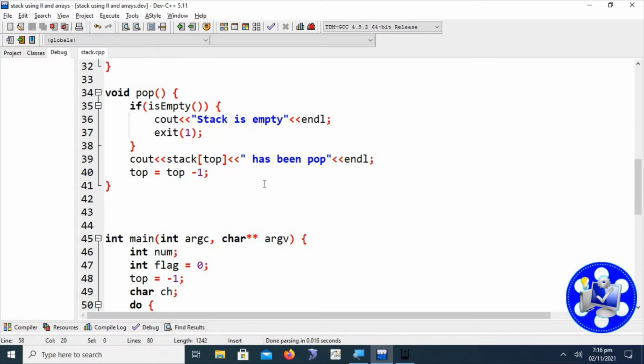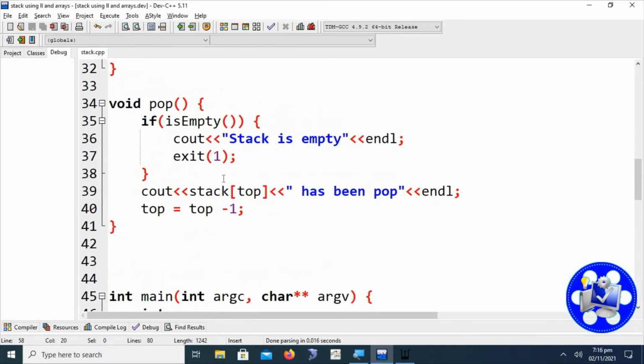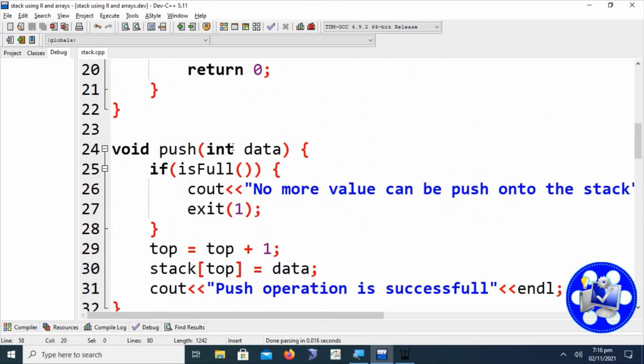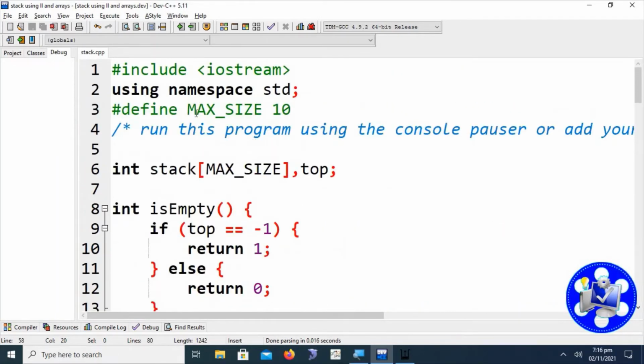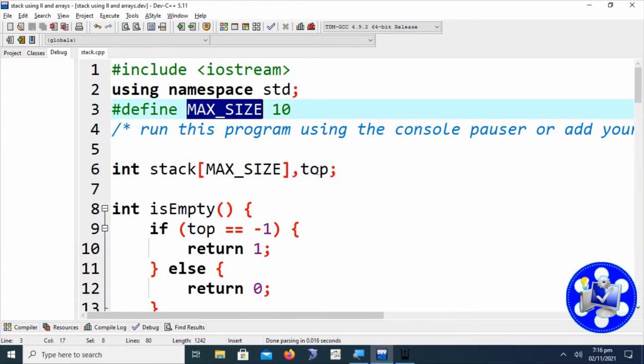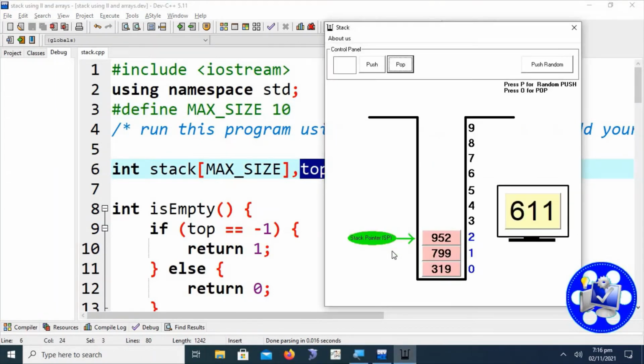Here is the complete code example that demonstrates how a stack will be implemented with the help of an array. I will go through the code very quickly. We first of all have to define the maximum limit or size of the stack and declare an array of this maximum size. We have to declare a stack pointer that I have shown you in the demonstration.